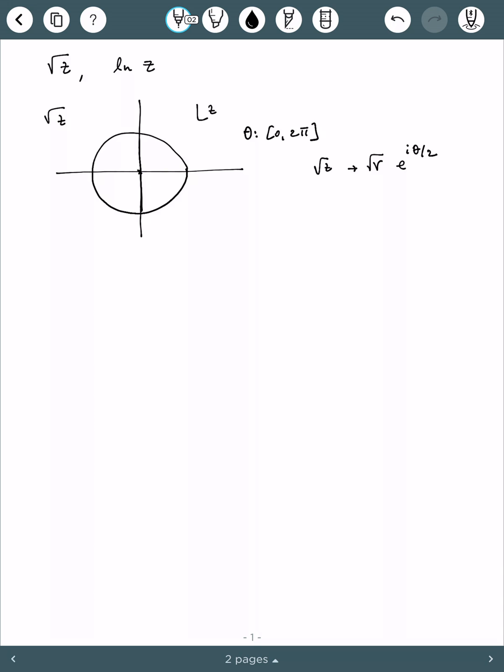So for a given point in the complex z plane, which is separated by a factor of 2 pi in the argument, square root of z is going to take two different values, plus square root of z and minus square root of z, and hence it is a multi-valued function. However, if we construct the following sheet,